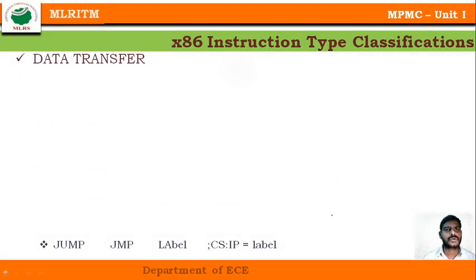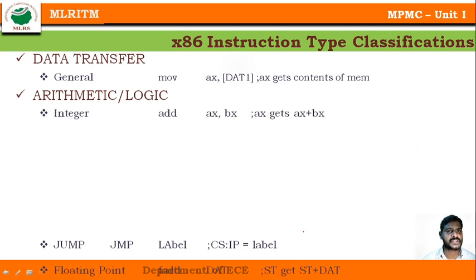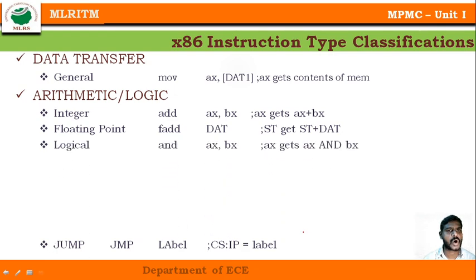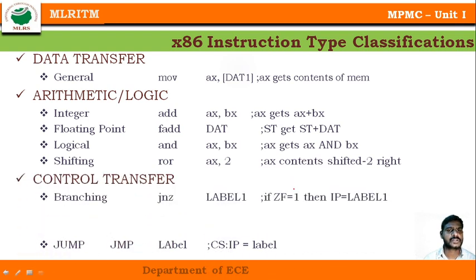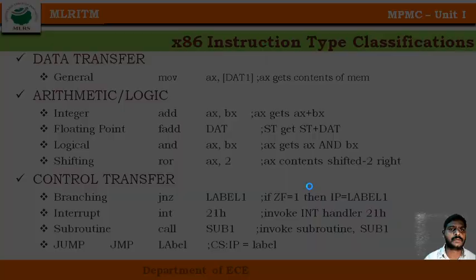Okay, so the 8086 instruction classification: data transfer instructions, which are the general instructions we have seen in our instruction set. Arithmetic and logical instructions, which may be integer type, floating type, logical type, or shifting type. These are the different methods I can use for arithmetic and logical operations. And control transfers are the branching instructions, interrupts, subroutines and jumps. So these are the different control transfer instructions I can use when writing a program in